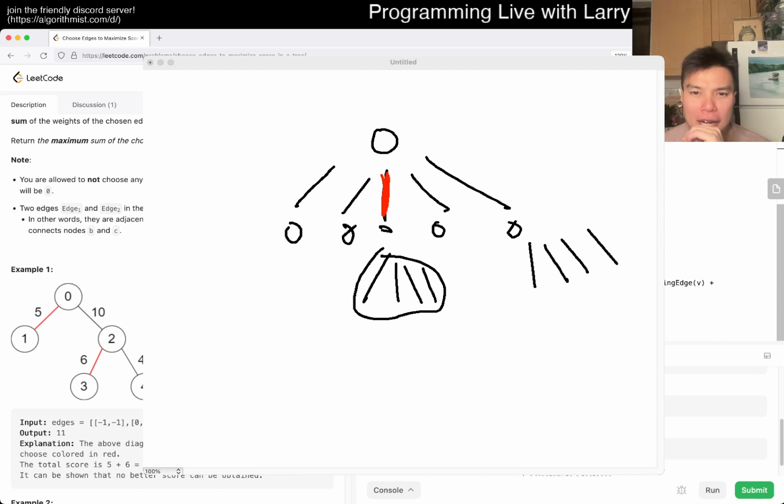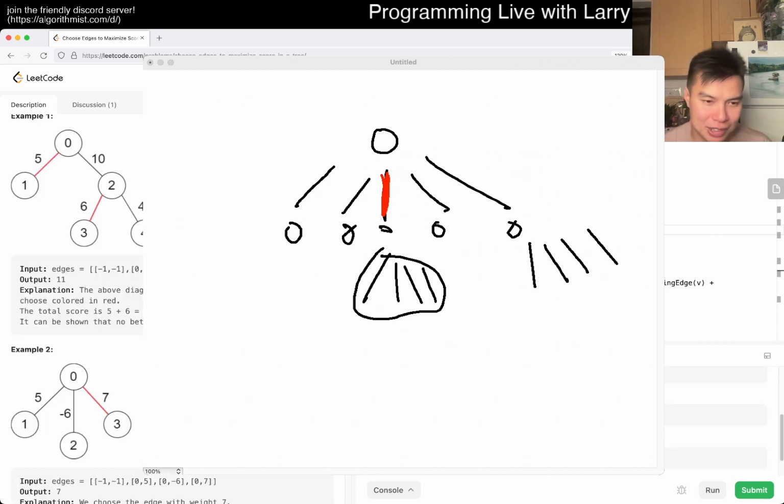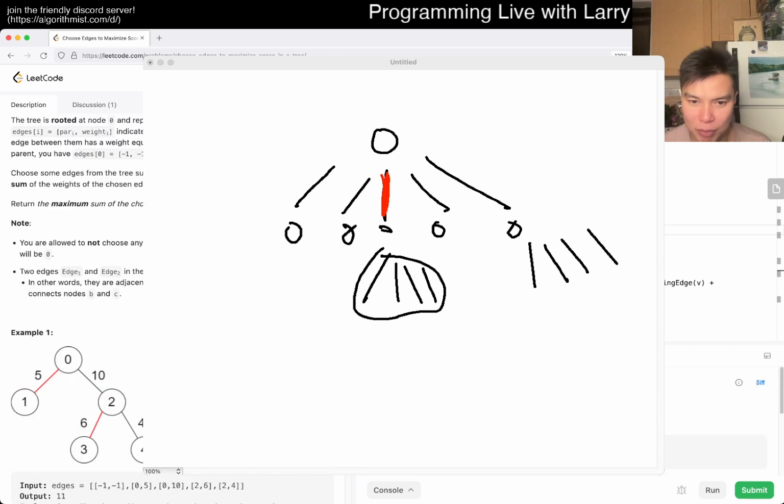Oh, I think I didn't choose the edge. So here, now that we choose the edge, we add the weight. Whoops. Also, I forgot to do this. I guess for here it doesn't really matter. But this one we have to do. Okay, so this one's good for this one, but that's because it's choosing one edge. And this one I'm wrong. Okay, so I get 5, but then